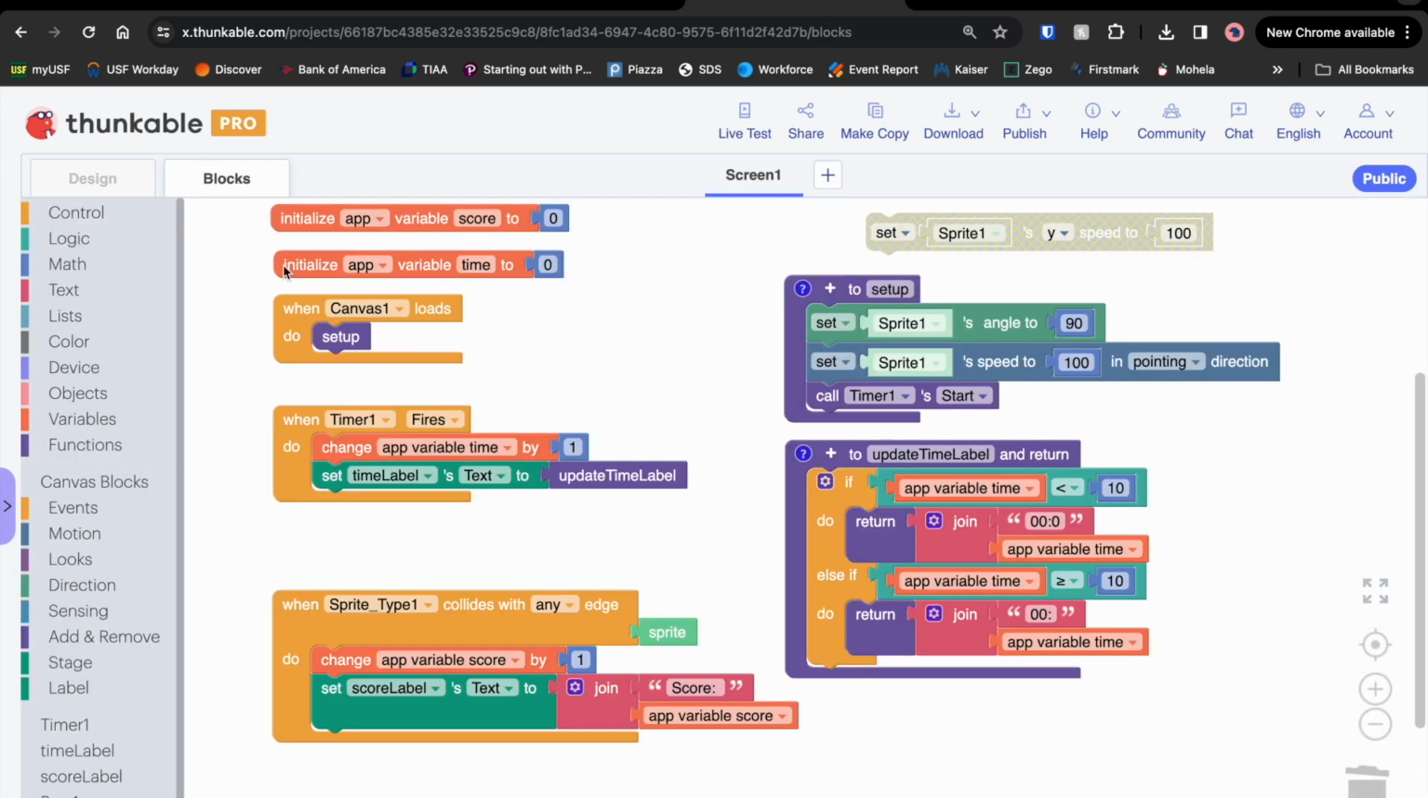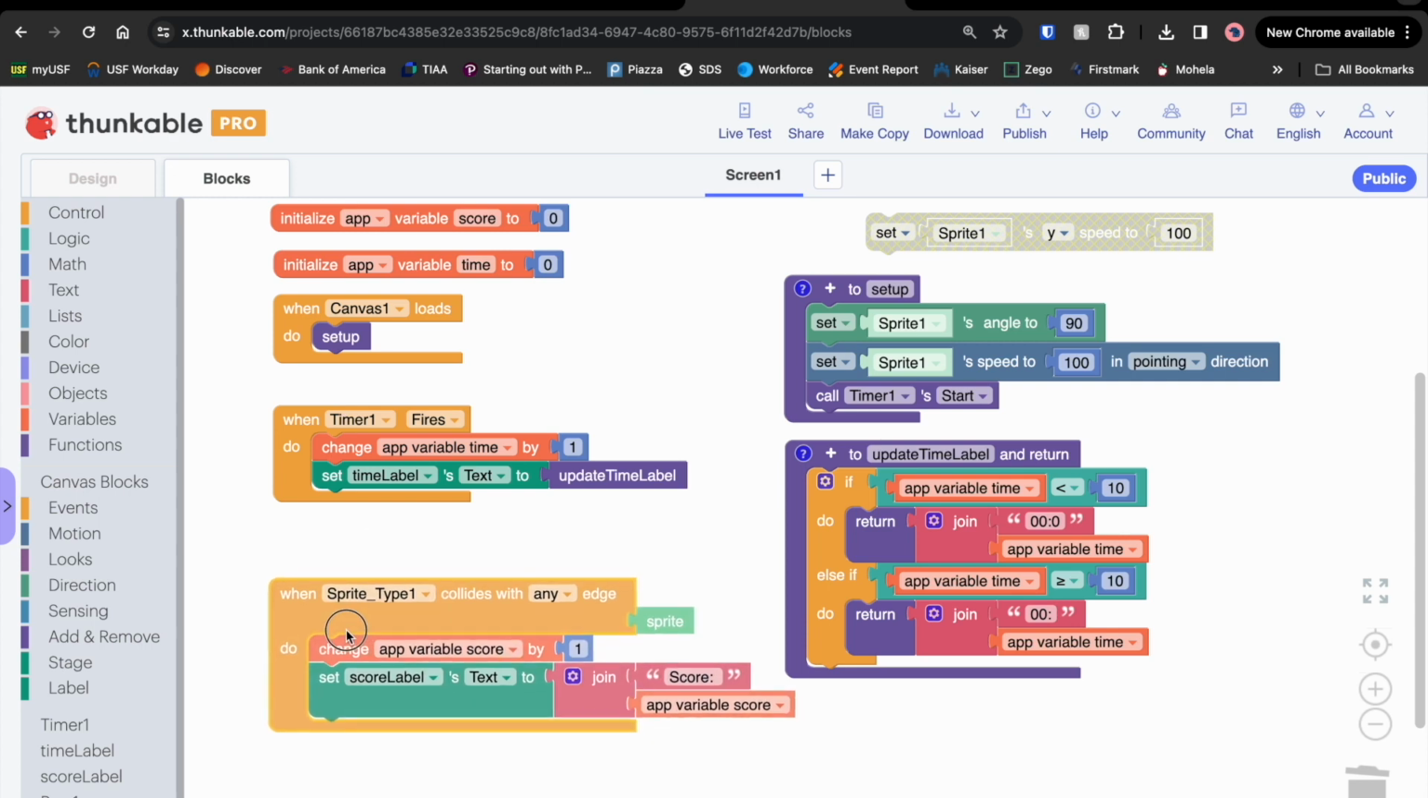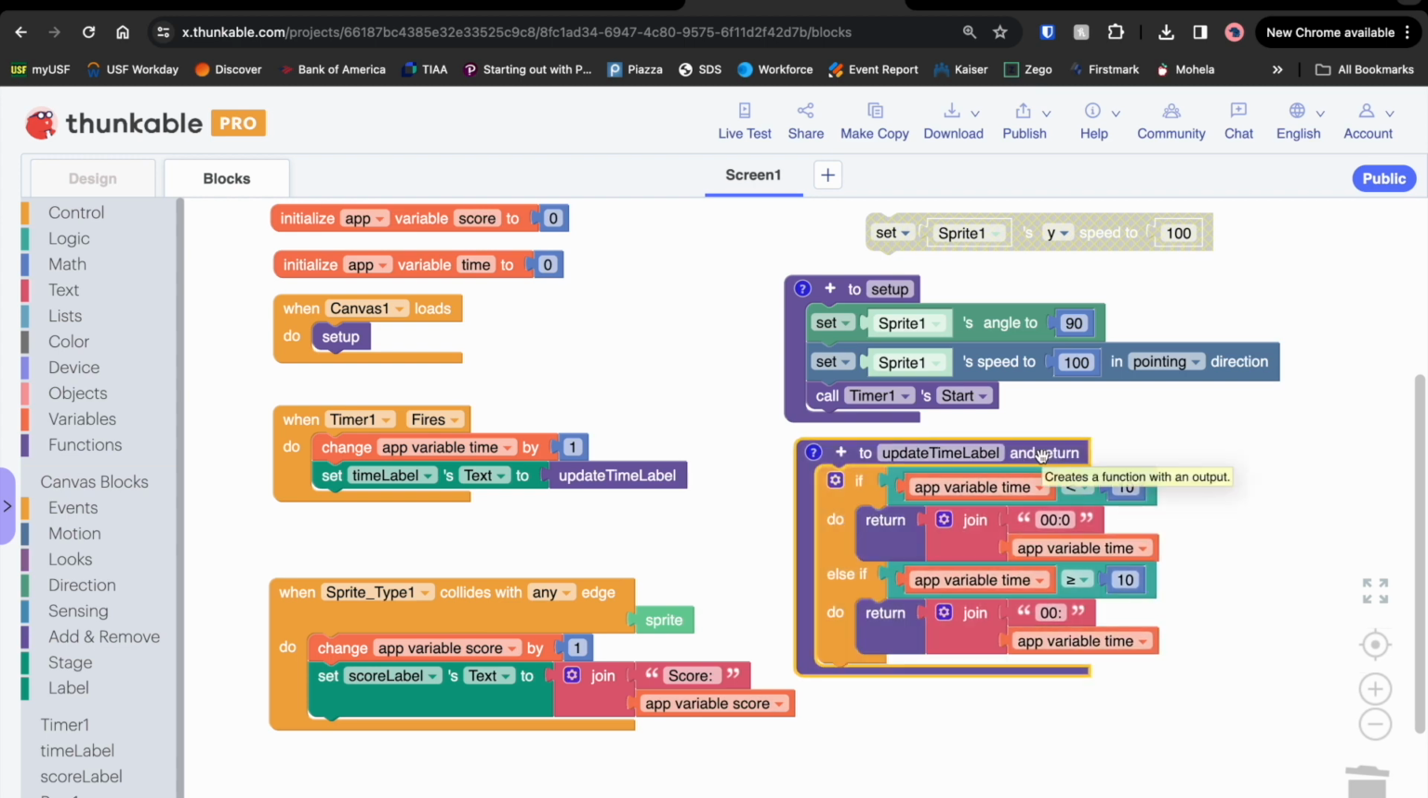Okay, the last thing I want to do is go ahead and take some of the blocks that are inside of this when sprite 1 collides with any edge and turn this into a return function as well, just to give us a little more practice. So I want to do a similar thing that we did with the update time label function, where we wrote a function that returns the value that's supposed to be set in the score label. So I want this function to be similar to the function that I showed you in the lecture slides, where it increases the value of app variable score